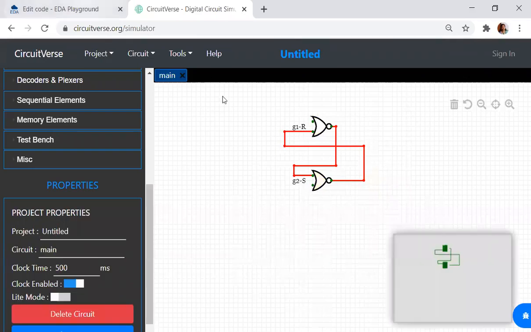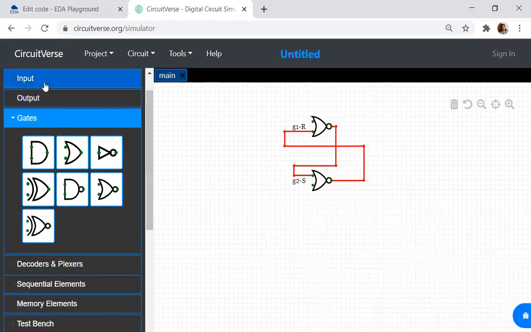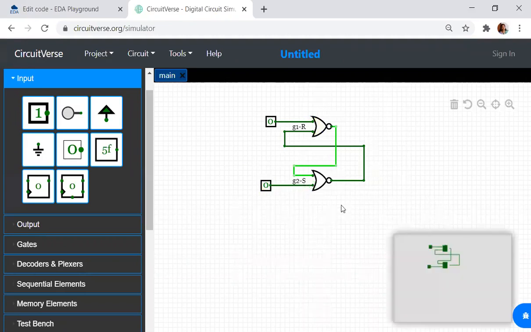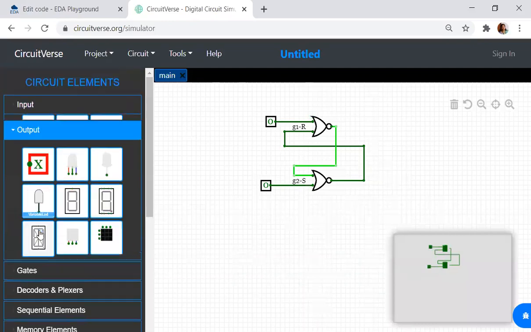Now two inputs will go to this gate. One input is R, the other input is S. Now you can see as soon as the inputs are connected, there are variations in the lines indicating that this gate is working. And let me give an output.